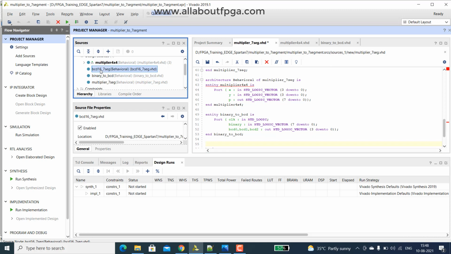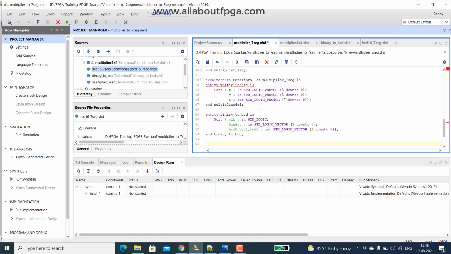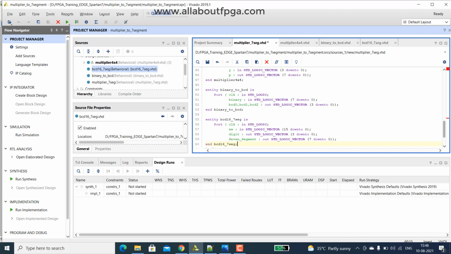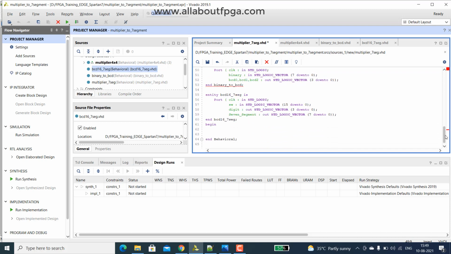Then BCD to 7 segment. And rename everything to component. The name should be of component in the component entity. Okay, everything was named as component.